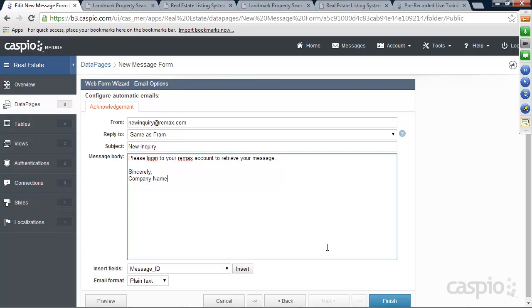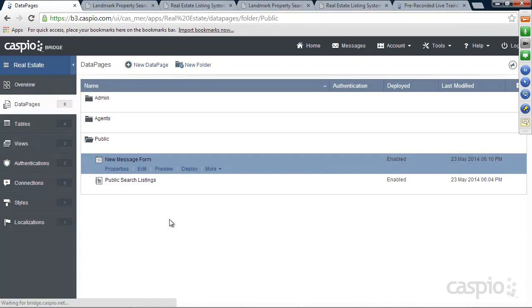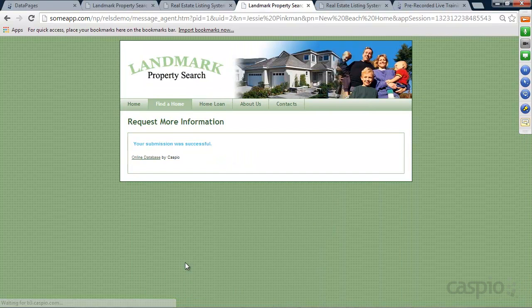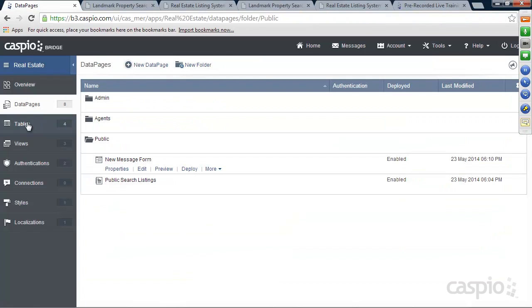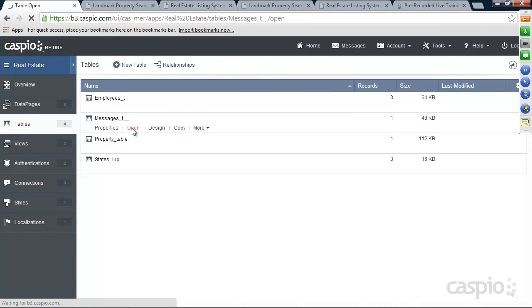Okay, so there's the message form. I'm going to make one submission here. We'll say Kim Smith, email Kim at test.com, phone number, message, I'm interested. And upon submission, you're going to see in your messages table now, when you click open, you're going to see all that information is now nicely stored,